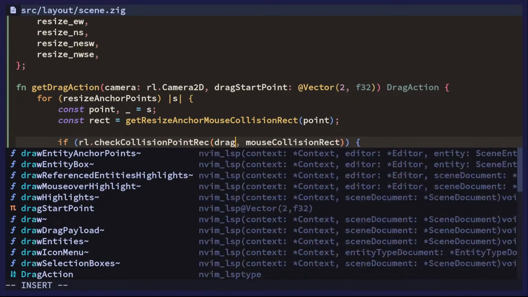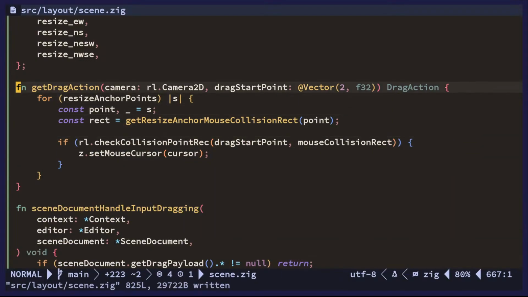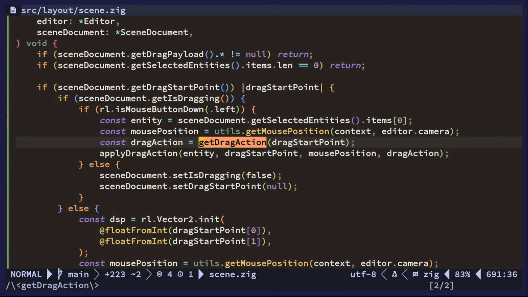No, if the drag start point, but it depends if the drag start point is